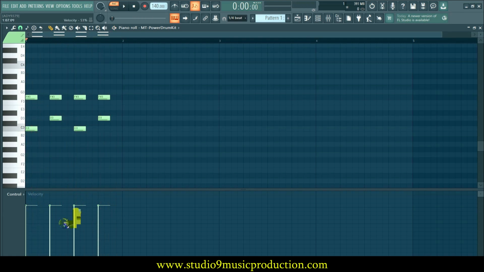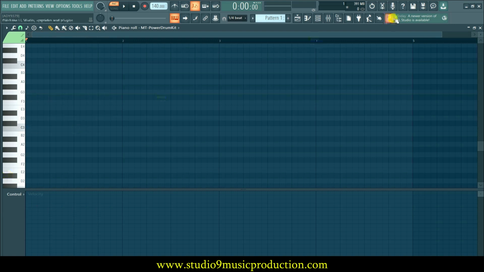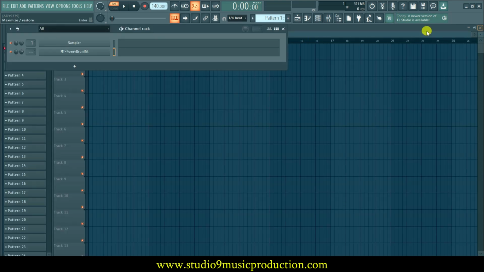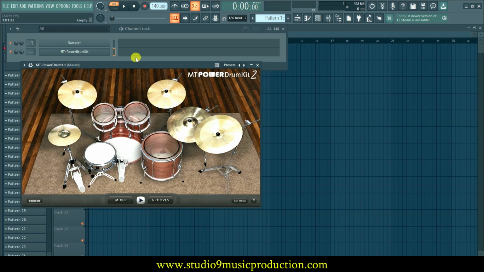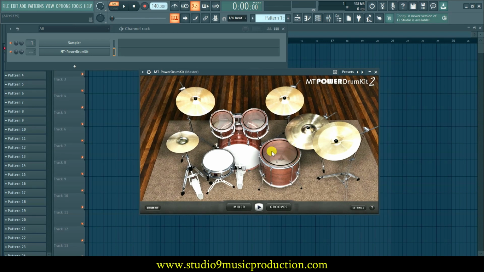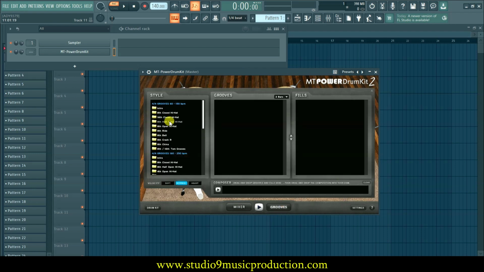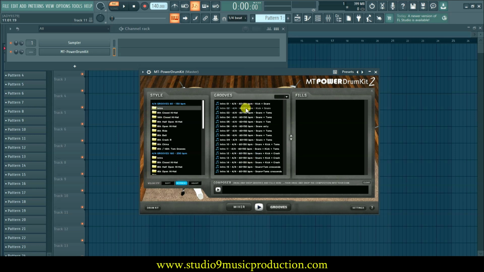You can edit the velocities as well, so you can create very complex and real sounding drum loops from here. But even if you don't want to create it, or you cannot create it, there are lots of very professional sounding grooves that you can have from the free drum plugin Empty Power Drum Kit. All you have to do is go to grooves. In the groove section, we have intros. If I click on intro and select any intro,